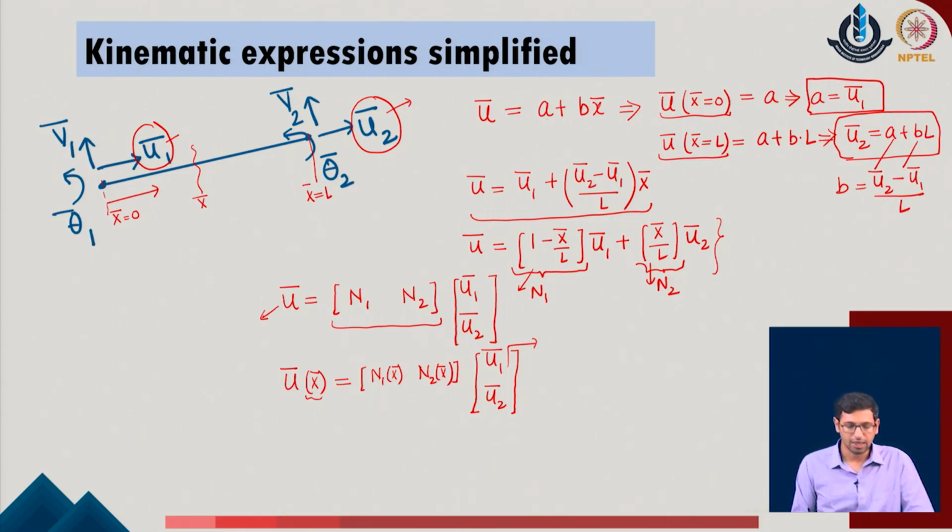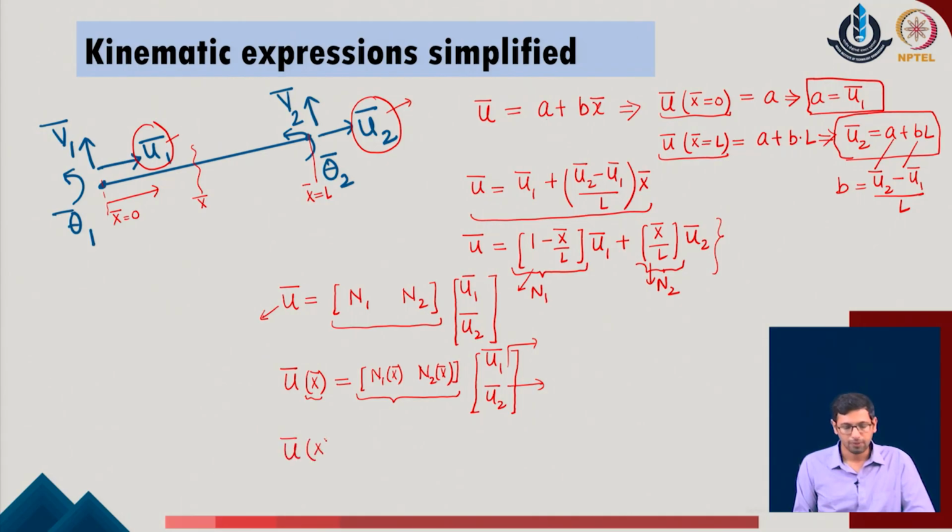So, whatever variation of x I required in the system has already been adopted in the variation of N1 and N2, which are the standard shape functions of the given system, and u1 bar and u2 bar, which are the nodal values of the given system, have just been separated out. This means that now the user is able to know the variation of the displacement function u bar across the length of the given system. Not only that, the user is also now able to break down the variation of u bar in terms of the nodal values of the given system. So, if I want to define u bar as a function only in terms of the nodal values of the given system, I can write a very simplified expression.